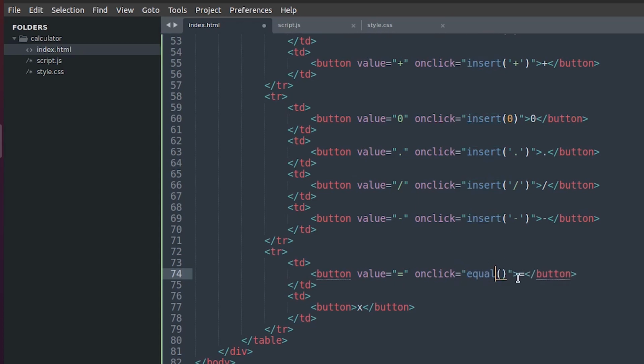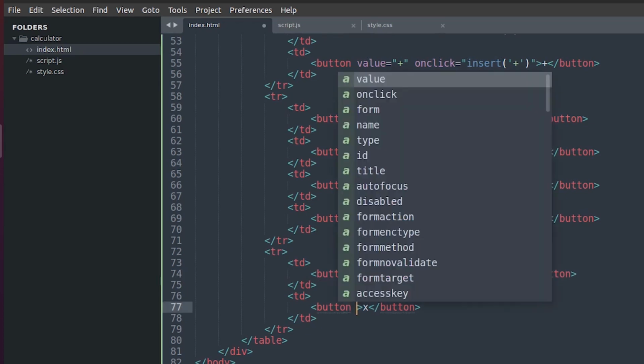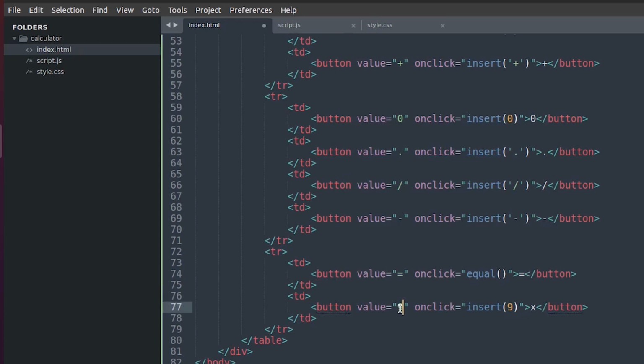We are going to create a function called equal in our script. Okay, and then for the last button, which is x, this is going to represent multiplication. So we are going to pass the asterisk as the value, and then we pass the same asterisk as the insert argument. Okay,